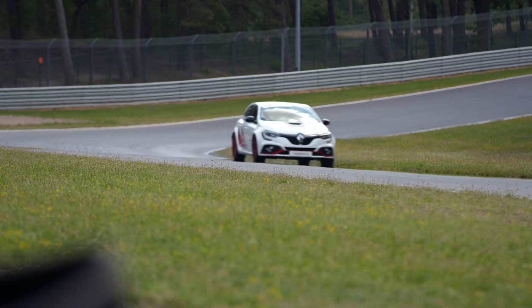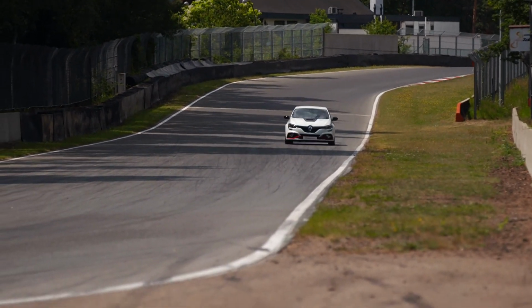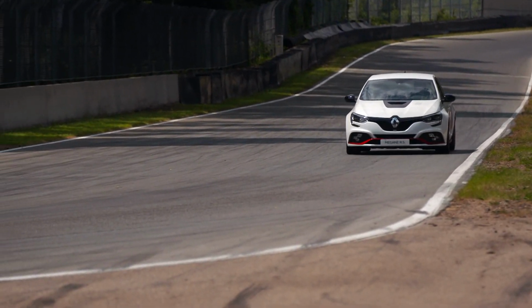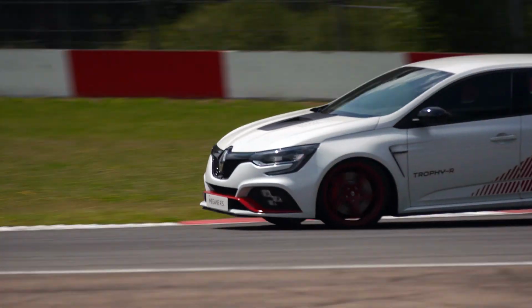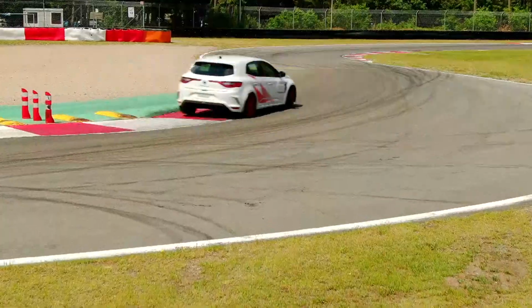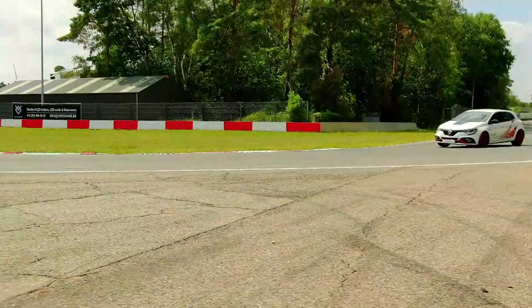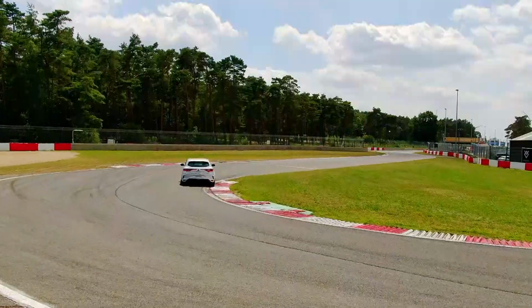In its ultimate spec, with all of the lightweight options and the lighter carbon wheels, 0 to 62 miles per hour drops by 0.3 seconds from the regular Trophy to 5.4 seconds, while top speed is increased by 2 miles per hour to 163. This may all seem like overkill, especially as the Renault only beat the Civic Type R's old record by about 3 seconds,